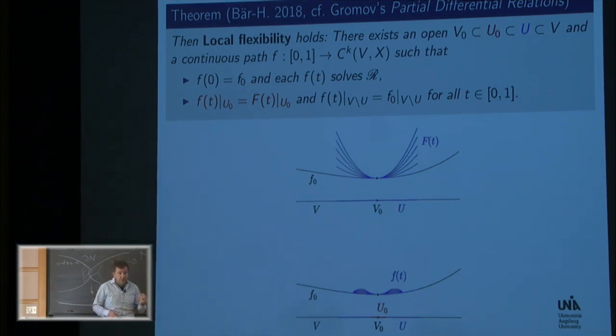For example, you can talk about the relation given by saying that the second derivative is positive, right? We are talking about convex functions. Then we have this local deformation here. All these functions are convex. And this picture here is a little misleading because here this interpolation region is not convex, doesn't satisfy convexity. But still the theorem holds. So this picture is misleading because we